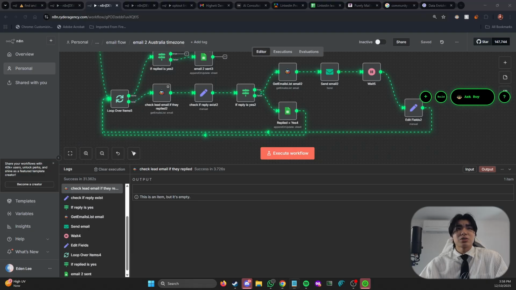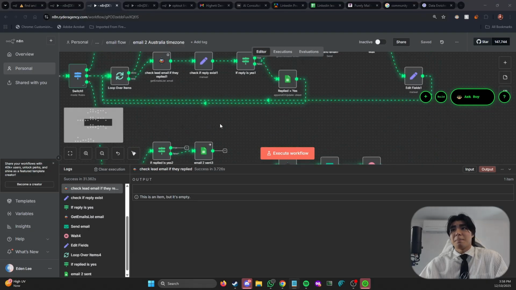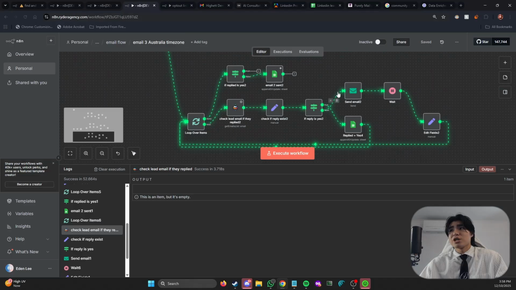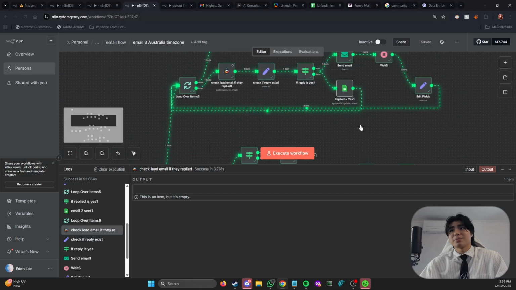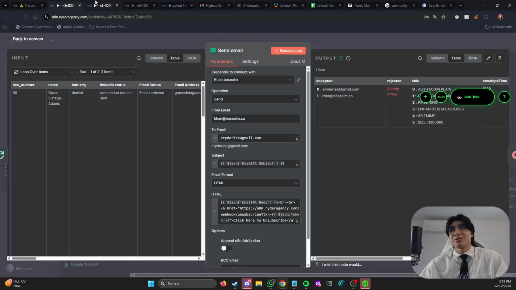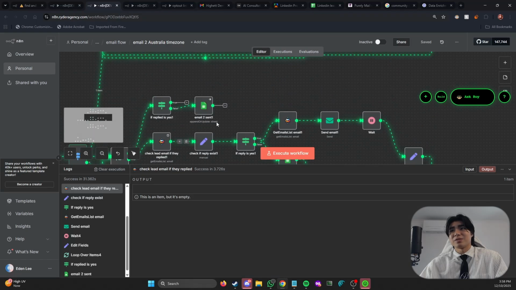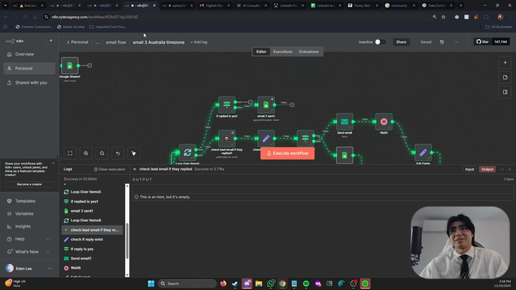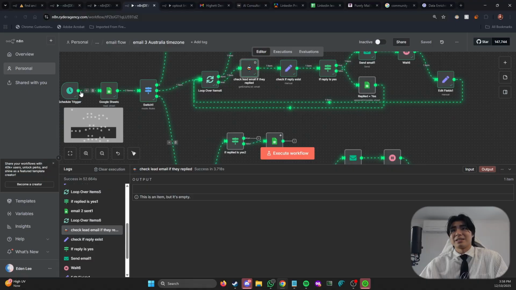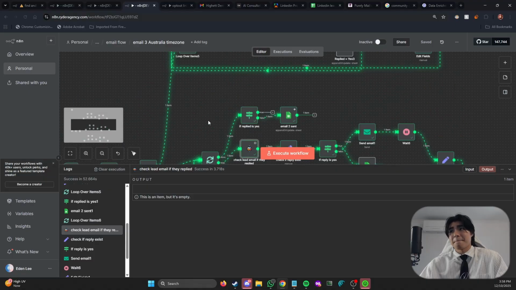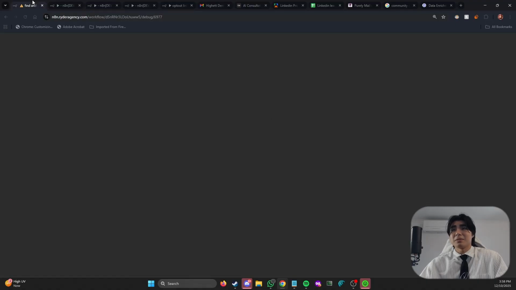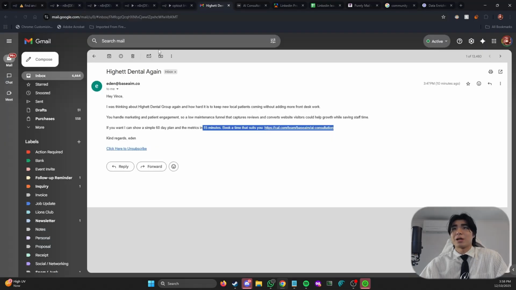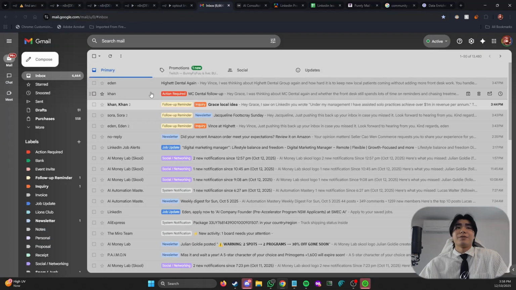Is there anything else? Yeah, that's basically it. It's all basically the same thing. Once you do the first email nodes with the community nodes, you can basically do all 3 of them. They're all pretty similar. It's just the different timings, which is already set here. And that's basically it. So yeah, this is for good cold outreach emails. If you have a big list of emails to send out and you don't want to pay for